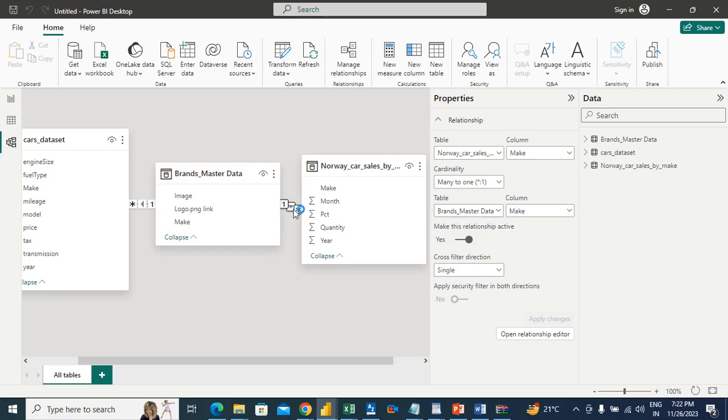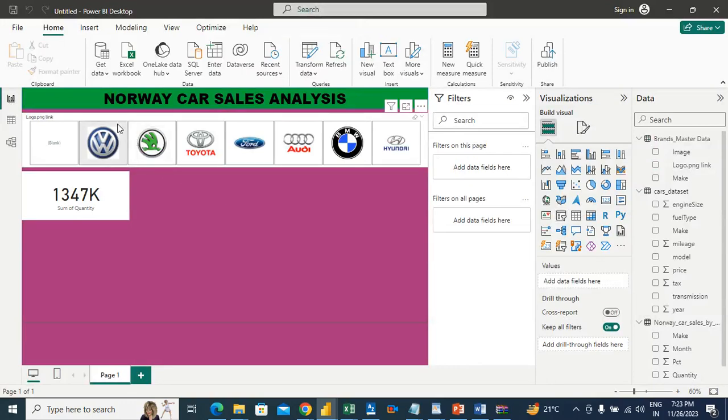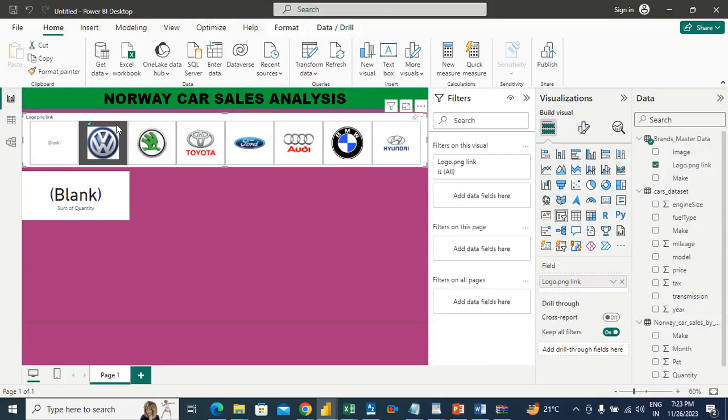This icon means the relationship has been established. We'll do the changes. Okay, now we'll go to the report view once again. The moment we click on this, you see there's a change in this number,